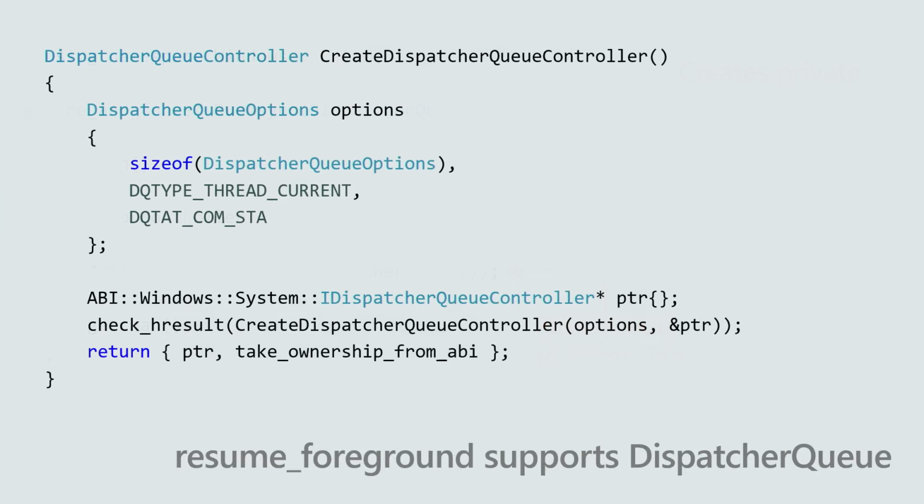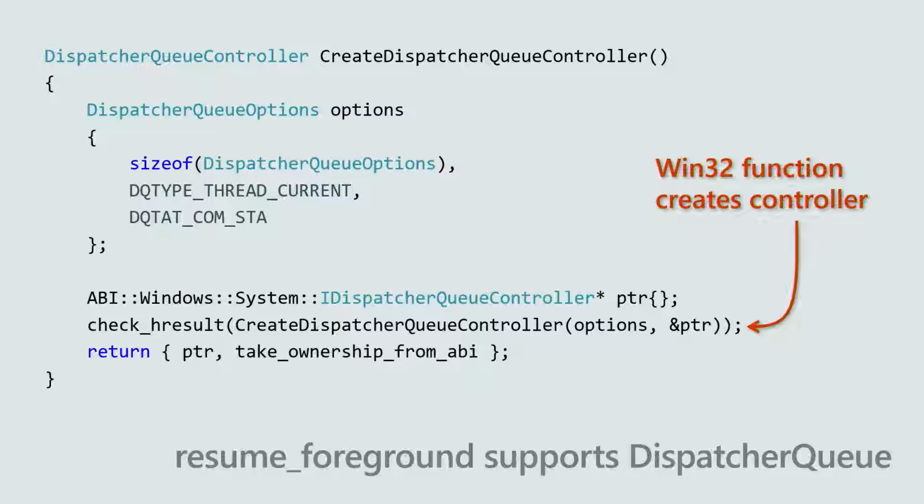More interestingly, though, you can now create a dispatcher queue of your own to be associated with any specific context. In this case, what I'm doing is using this Win32 function, create dispatcher queue controller, to create a dispatcher queue that is associated with a current STA thread. And this ends up being the way you build a Win32 application that interops with Windows UI Composition or Windows UI XAML, to integrate your existing STA message pump, from classic Petzold style, with the Windows API stack for UI applications.